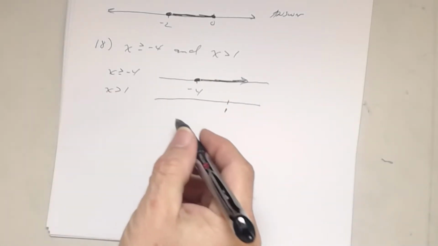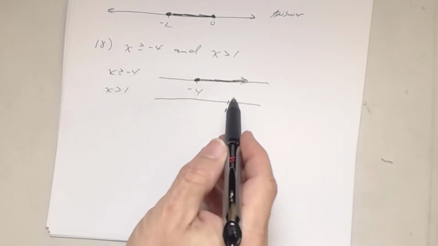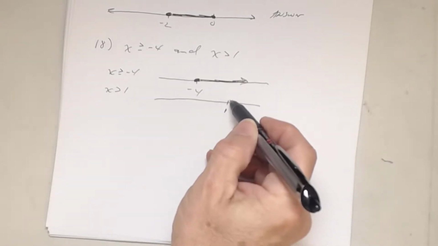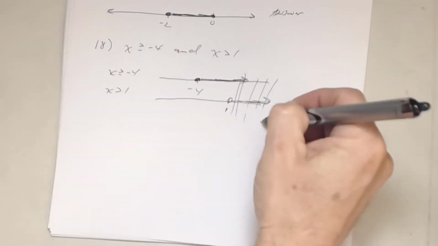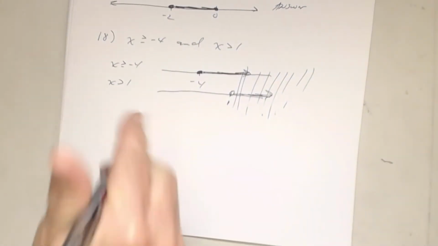So x is greater than 1 this time. Open or closed? Open. Right. Going which way? To the right. Greater than. You want all the numbers greater than that. All right. And since this was an and statement, what are you going to shade in? Where do they overlap? At the 1. 1 to what? 1 to infinity. So your answer,